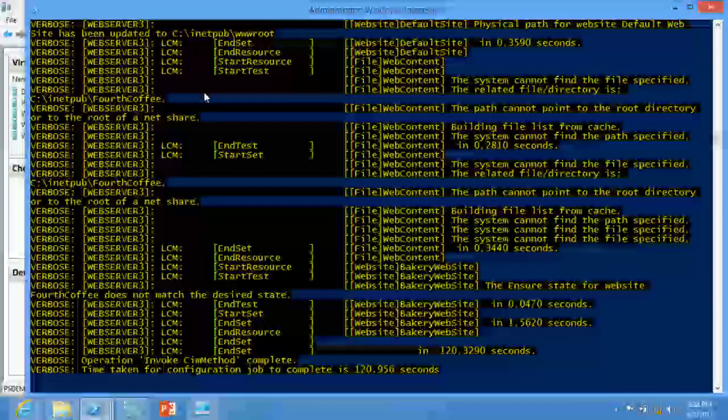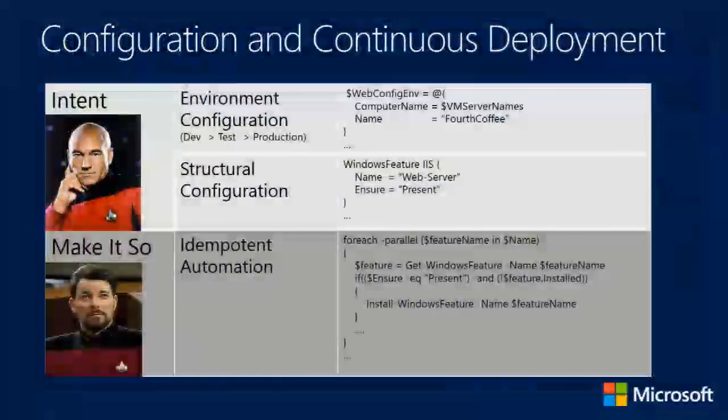All right, so that's the basic notion, though, I wanted to hit, which is that's where you get the continuous deployment from, right? You change as little as possible, and you only let them touch the things that they really need to touch as you move. You don't want to touch your structural configuration. You sure don't want to touch that idempotent automation on the bottom end of it. You just want them to say, we're going to tweak just the littlest bit, and that's where you get less change, therefore less failure, much simpler system, therefore less failure.